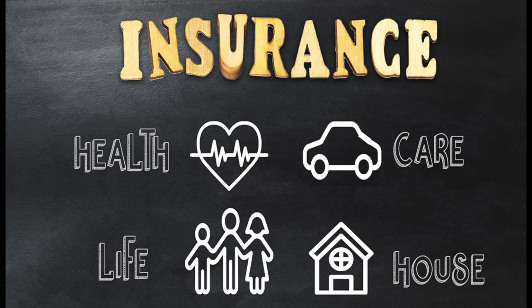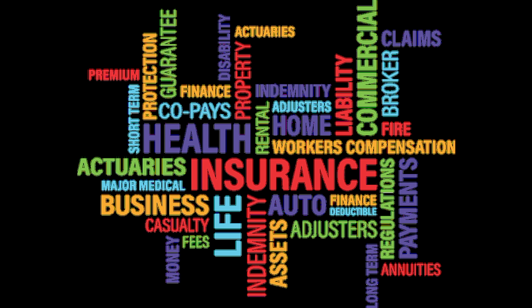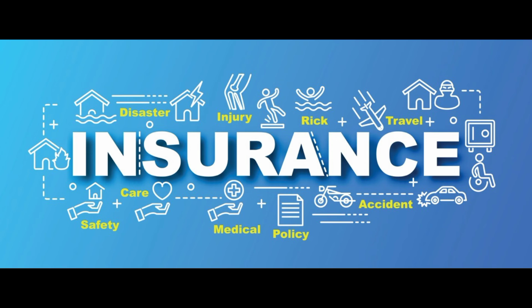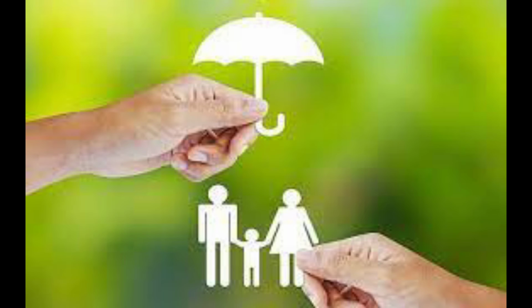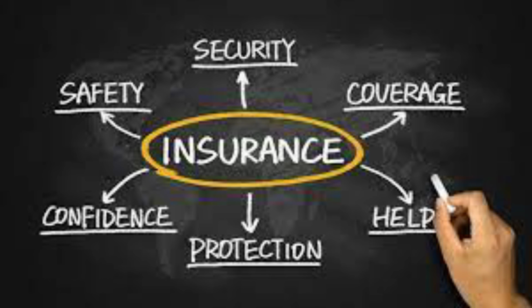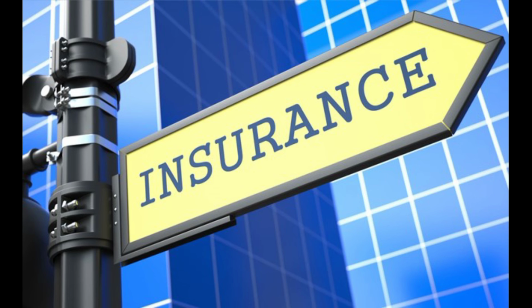Permanent life insurance stays in force and insures your entire life, unless the policyholder stops paying the premium or surrenders the policy. It is typically more expensive than term. Whole life insurance is a type of permanent life insurance that accumulates cash value. Cash value life insurance allows the policyholder to use the cash value for many purposes, such as a source of loans or cash, or to pay policy premiums.